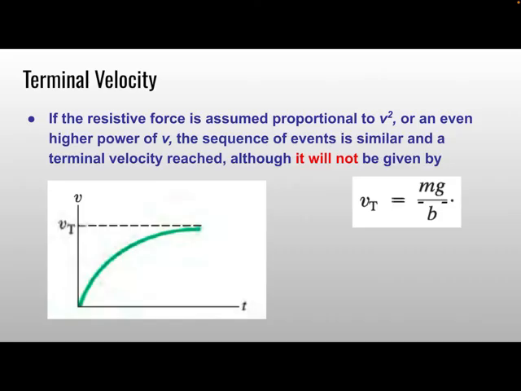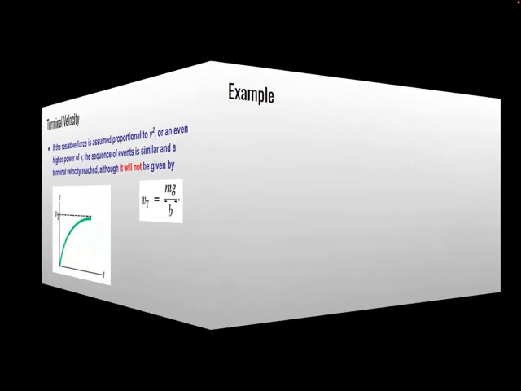Now, keep in mind that this formula for terminal velocity, mg over b, only works when we have a drag force that is proportional to v. If the drag force is proportional to v squared or v cubed or anything like that, then we will also reach terminal velocity, but the value will be different. The formula to find it will be different. Okay? So, for example,